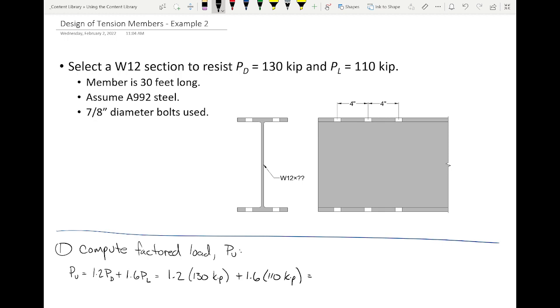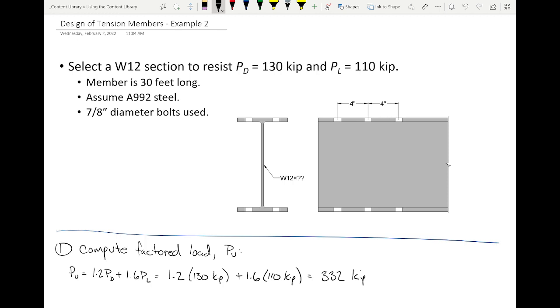332. Do I have a second on that? Okay, all right. So let's put this into some context. I want to make sure that everybody understands what's going on. I'm going to ask you a simple question. How much load is actually being put on this tension member? 240 kips. How much are we designing it for? 332 kips. That's the difference. Does that make sense? We are actually putting 240 kips of load on this tension member, but I'm designing it